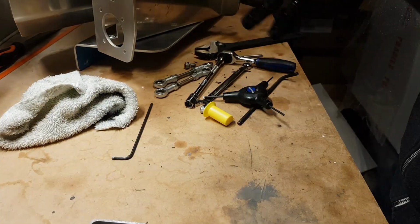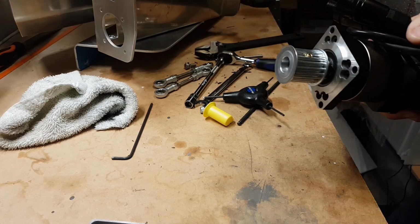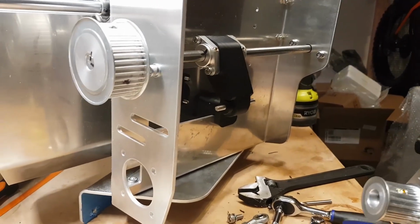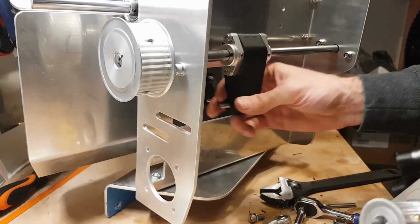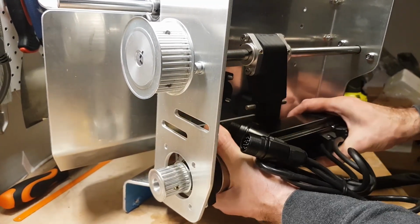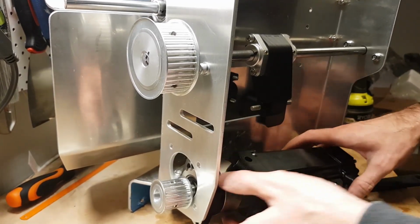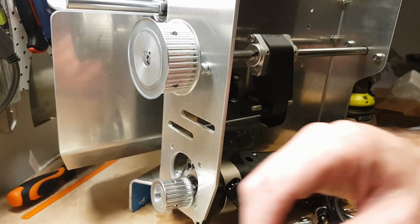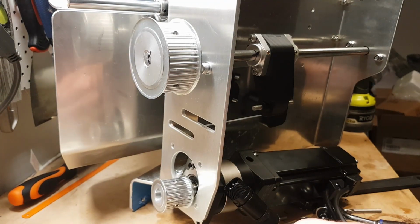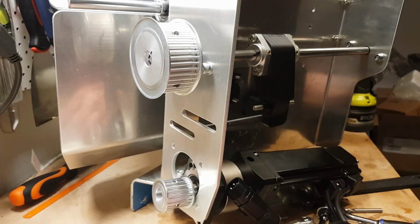Okay, so that needs to go on. So next step. Let's get you closer. All right, so that's just, it goes in, and then this is going to go on. Right, and do a couple of things. We need to get our bolts that we're going to put on this ready. So one of those, and